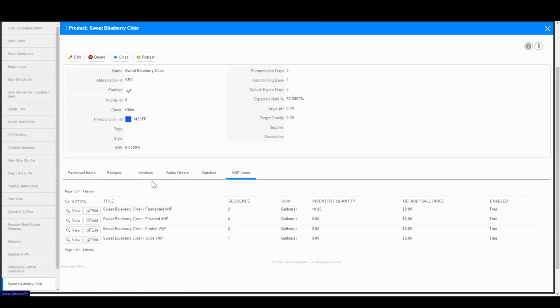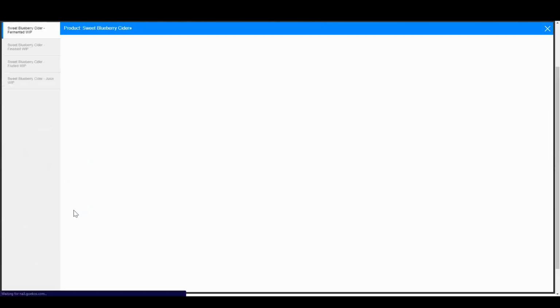Now, as mentioned, any WIP items that were associated to my cider product class production sequence level will also be applied here. However, for specific tags like sugar, for sweetened, that need to be applied to only a couple of products, we'll navigate to that here. So I'm going to go ahead and click on my fermented WIP item,